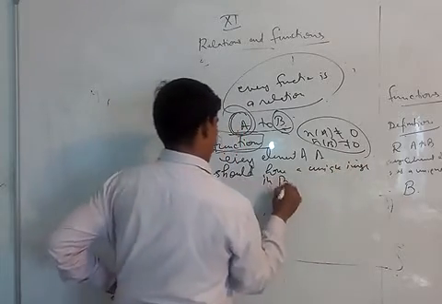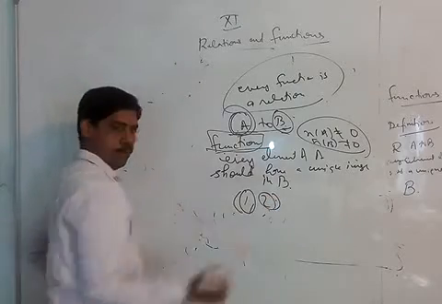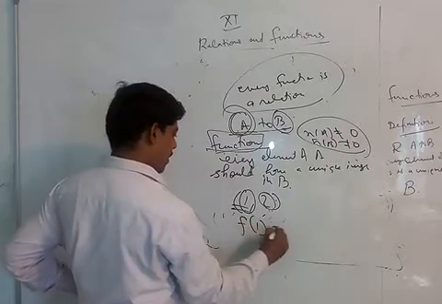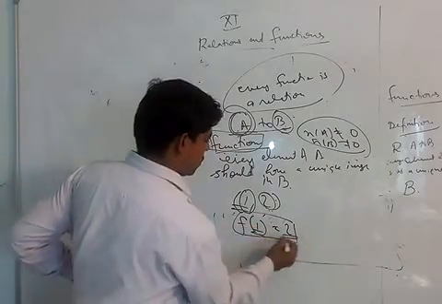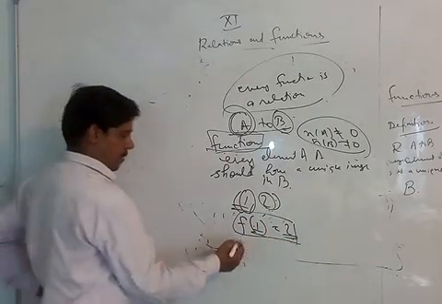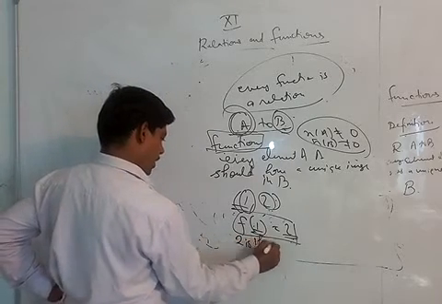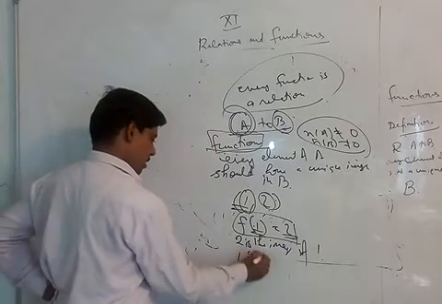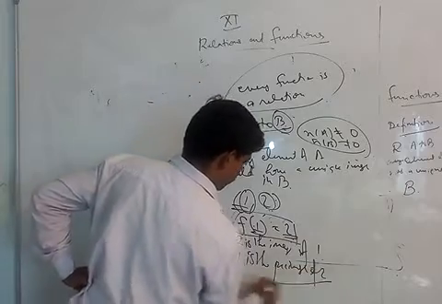in B, and we know that when we are writing an ordered pair (1, 2), 1 की image 2 है. The image of 1 is 2. So we will write like this, f(1) = 2. f(1) = 2 मतलब the image of 1 is 2. 1 की इमेज 2 है और 2 की प्री इमेज 1 है, ठीक है. 2 is the image of 1 and 1 is the pre-image of 2, ठीक है.